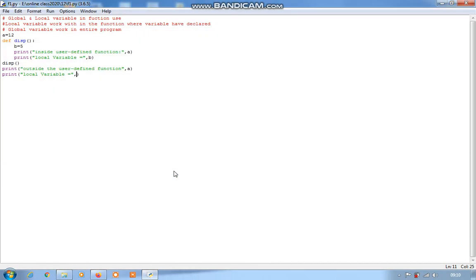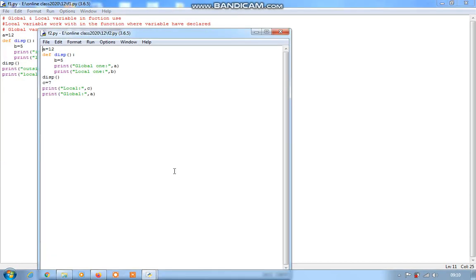Example 2. See, in this example we have mentioned a different name of the variable. This is a is equal to 12, same. Then def, this b is equal to 5.